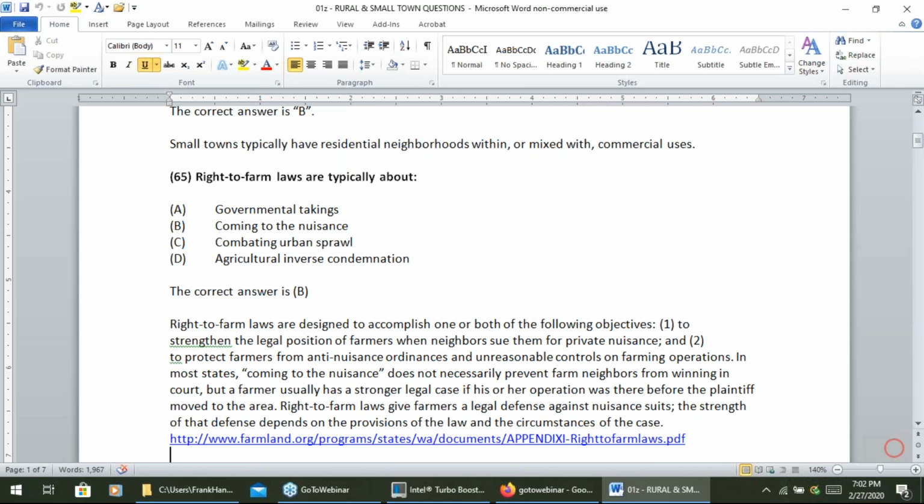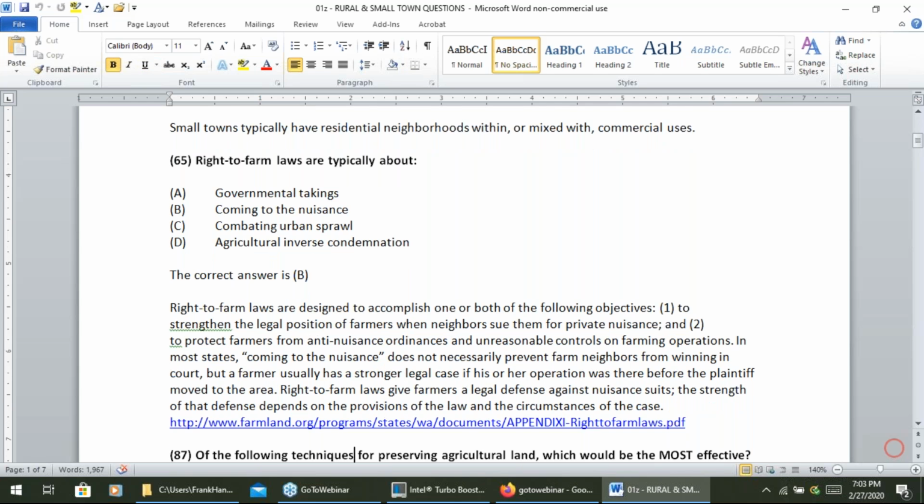In most states, coming to nuisance does not necessarily prevent farm neighbors from winning in court, but a farmer usually has a stronger legal case if his or her operation was there before the plaintiff moved to the area. Right to farm laws give farmers a legal defense against nuisance suits.